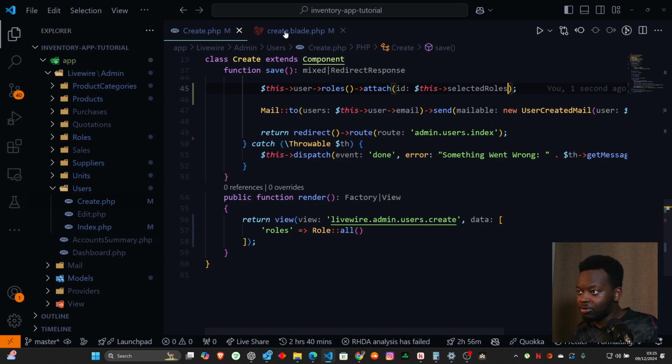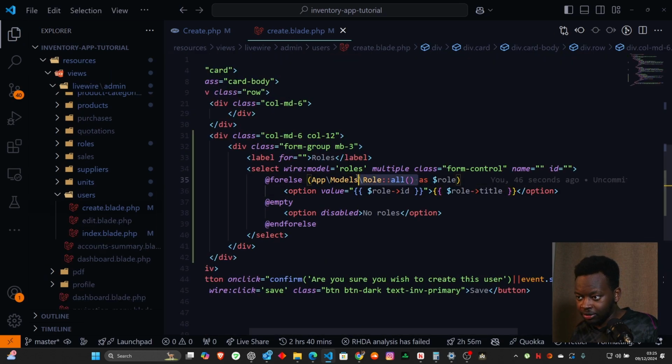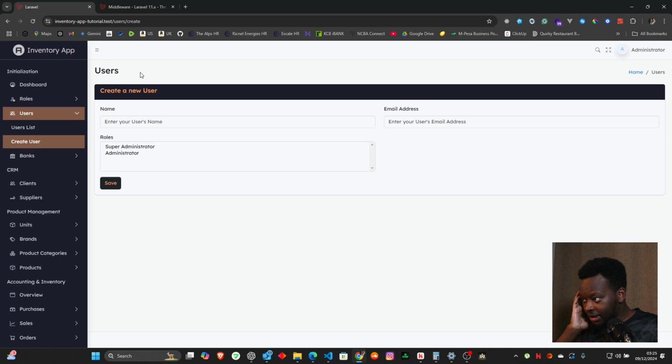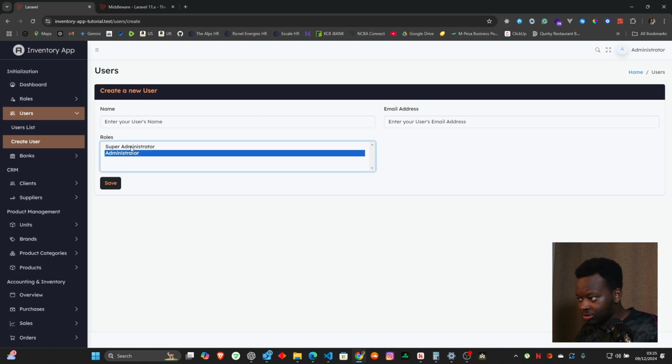So this part over here should be fine. If we just come in here and say roles as role, that's where the problem was lying. So I think we're now good to go. So I have the super administrator and the administrator. We can select both of them if we want. But this